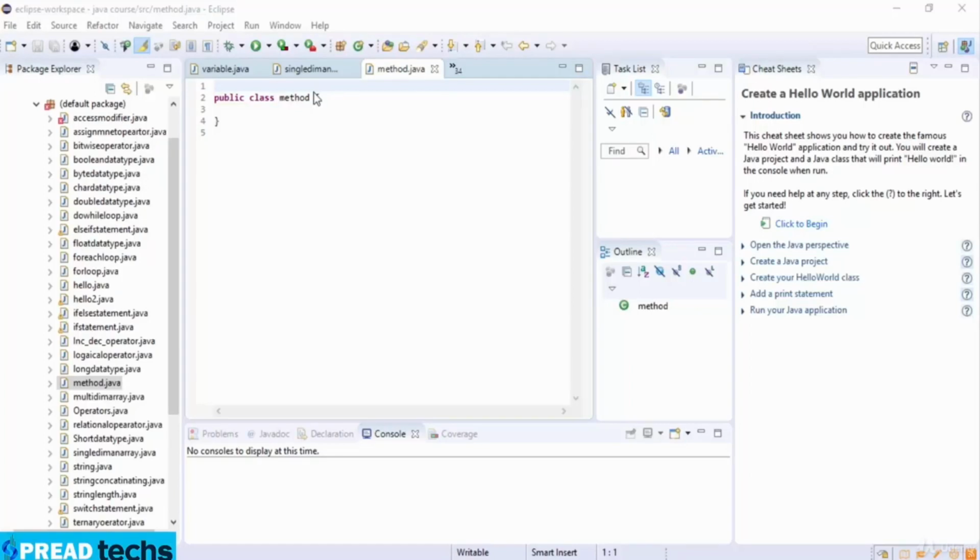Welcome to this lecture. In this lecture we are going to discuss methods in Java. A Java method is a collection of statements that are grouped together to perform an operation. You can call the